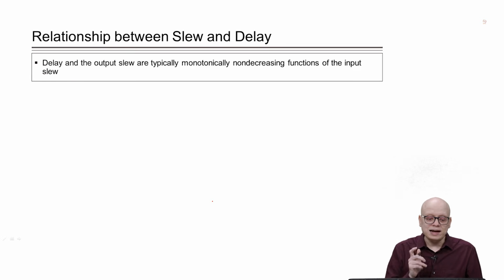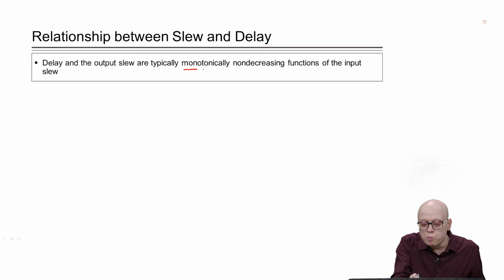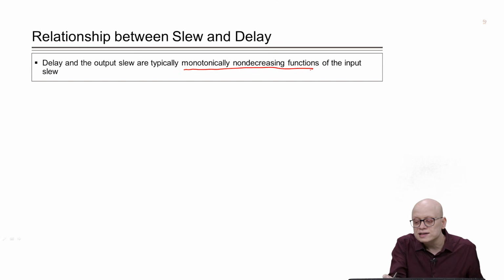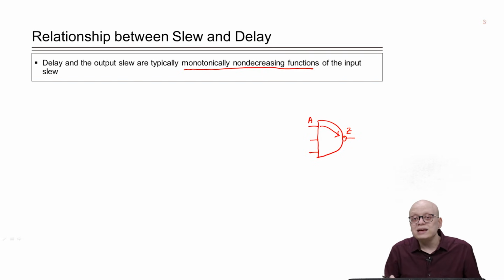The property is that the delay and output slew are typically monotonically non-decreasing functions of the input slew, meaning that if there is a timing arc between, say, pin A to Z, then as we increase the slew at the input pin,